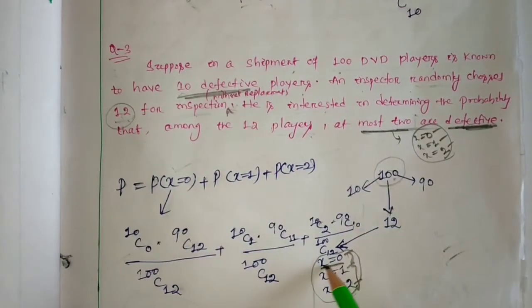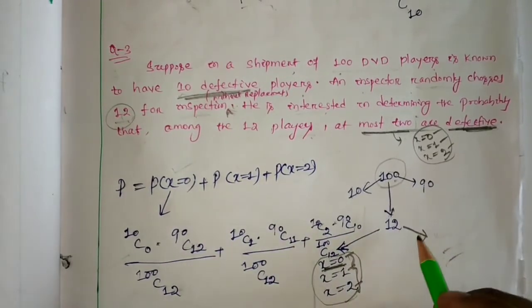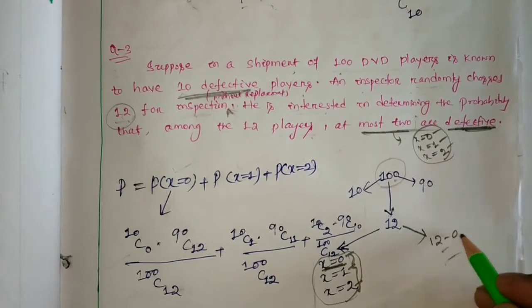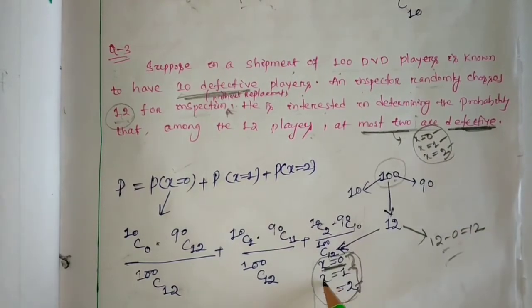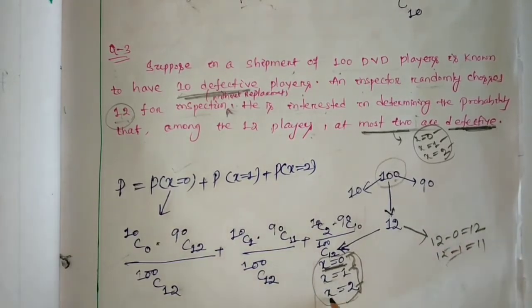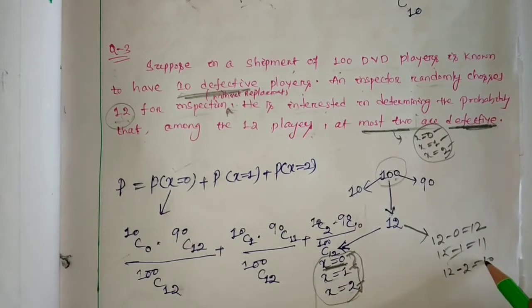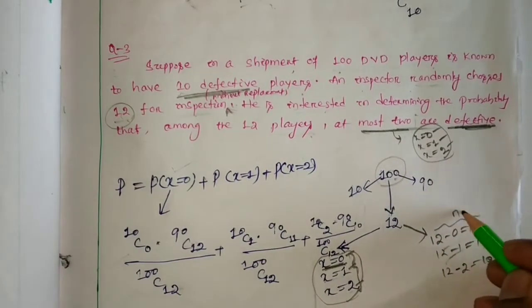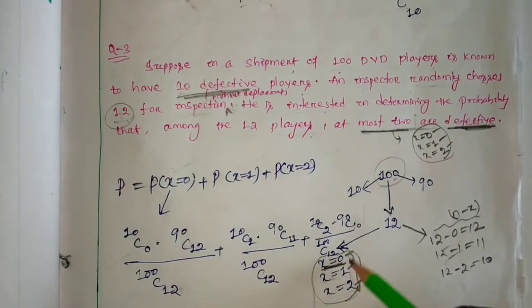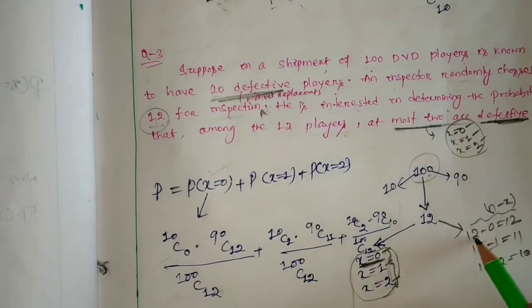So here, if x equal 0 will be defective, the rest will be n minus x, that means 12 minus 0 will be 12. If x equal to 1, then 12 minus 1 will be 11. If x is 2, 12 minus 2 will be 10. So these belong to n minus x. Okay, as all three can be considered, for x equal to 0 this will be 12. So what will be the